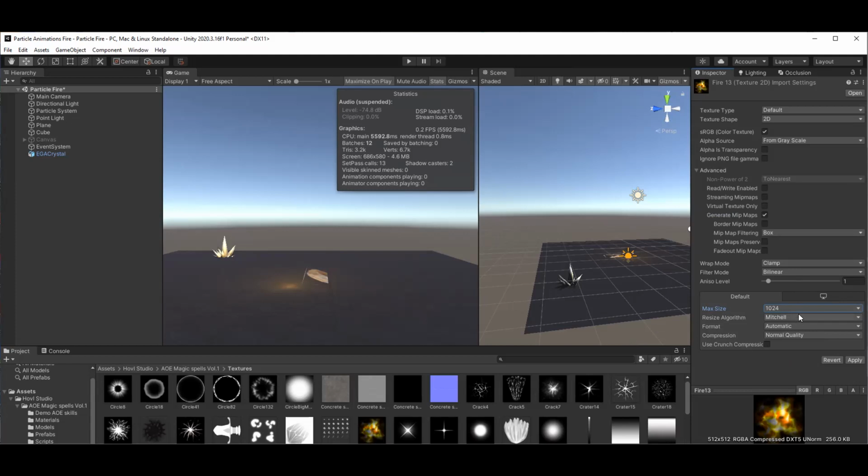The last thing that he suggests here is to use crunch compression. And then the compressor quality, I've set mine to 50. I believe it was 100 when I got here. But again, this is something you can experiment with. I mean, there's just a lot of experimentation. As you do this more, I think it'll become faster. But for now, this is a slow process, but I think it's really good to just explore these different areas